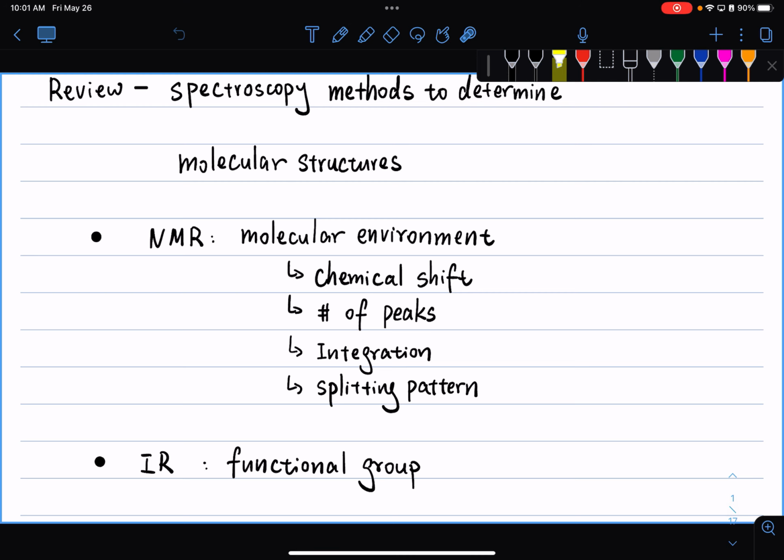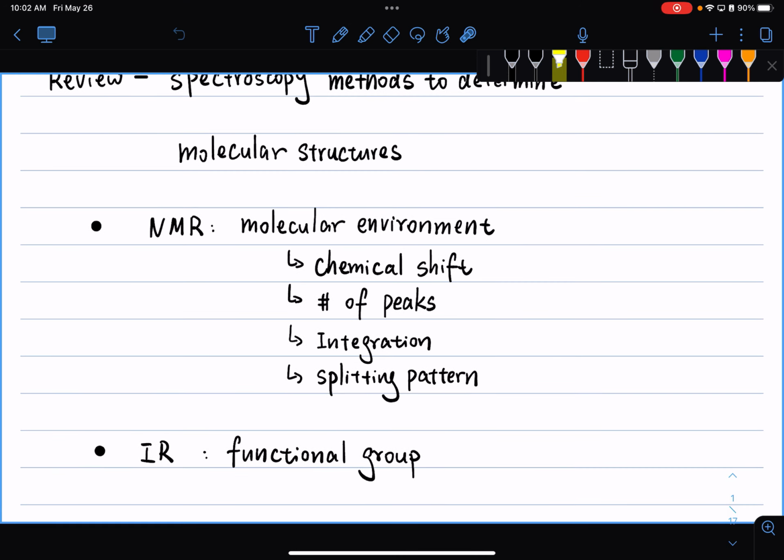And then in our last lecture, we went over IR spectroscopy, or infrared spectroscopy. And we went over the basics of infrared spectroscopy. What it's doing is your atoms are continuously vibrating at room temperature, and we use light to probe those energy differences between different vibrational states in your molecule. And IR spectroscopy is normally used to decide whether or not you have some specific functional